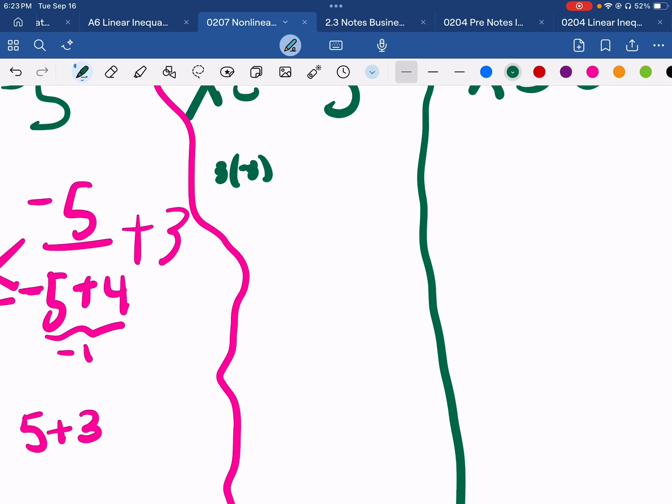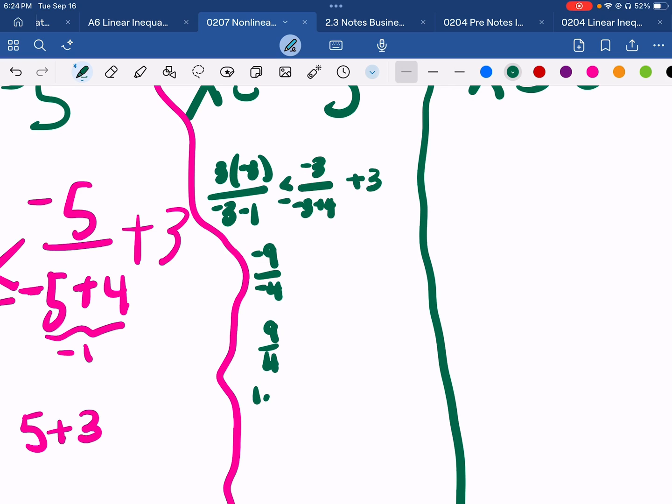3 times negative 3 over negative 3 minus 1. Is that less than or equal to negative 3 over negative 3 plus 4, all plus 3? Negative 3 times negative 3 is negative 9 over negative 4. That turns out to be a positive 9 over 4. That's 2.25. Is that less than or equal to